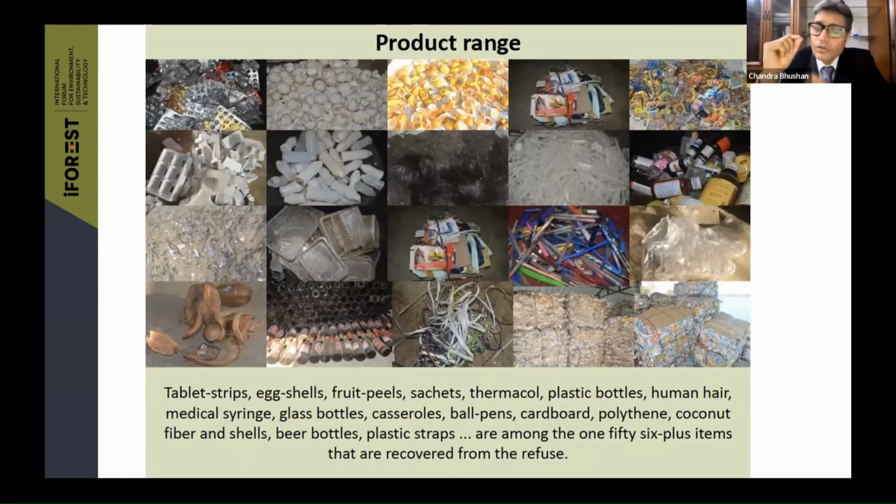So the key of the Ambikapur model is segregate, segregate, and segregate. Then you can make money, because people can come and quickly pick up what they want. They want the cap of the ball pen, the plastic, or the body of the ball pen, or the refill itself. They are all made from different plastics. So this is the Ambikapur model: segregate, segregate, and segregate. As I said, they segregate into 56 plus items. This is what happens at the resource center and MRF.